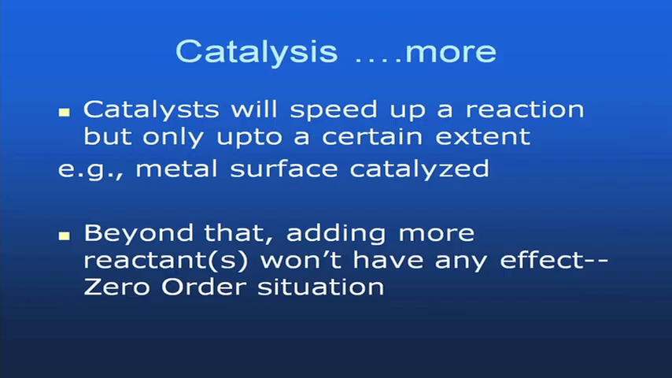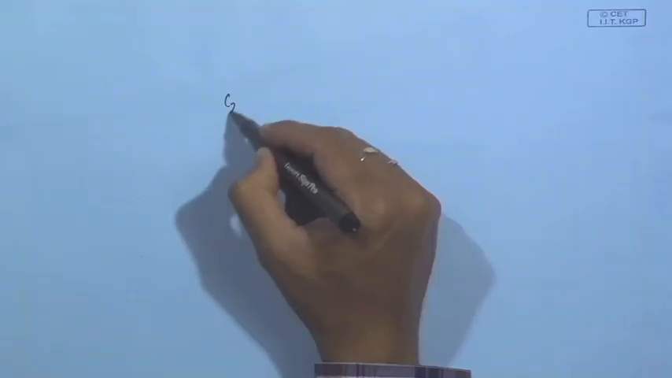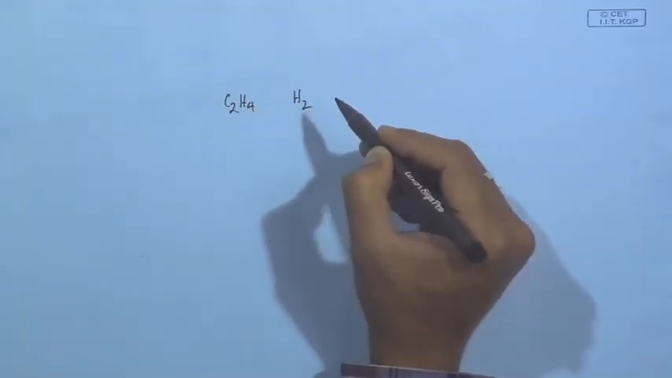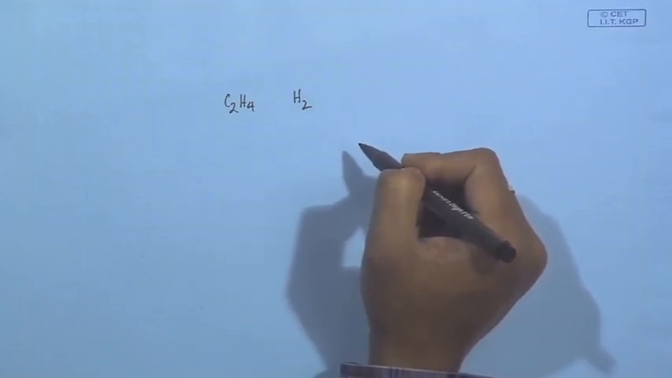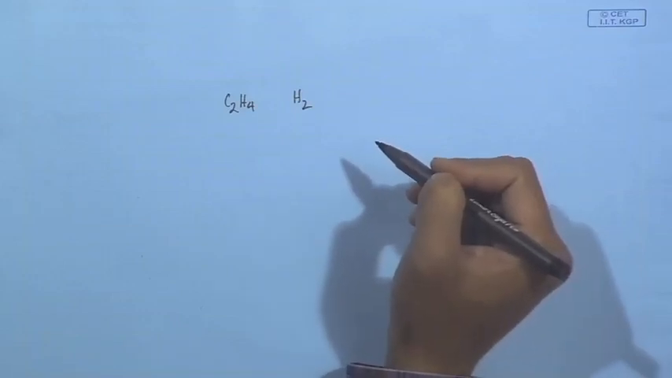So, if we want to talk more about catalysis, a catalyst will speed up a reaction, but only up to a certain extent. The classical example is a metal surface catalyzed reaction, and why these reactions are of zero order kinetics will be clear here. Suppose you have a metal surface where, as I explained, adsorption of, say, ethylene C2H4 and hydrogen takes place onto the metal surface, and then the reaction proceeds in a specific direction. But suppose a situation